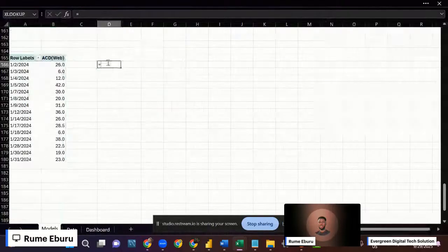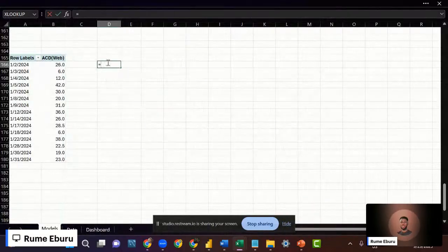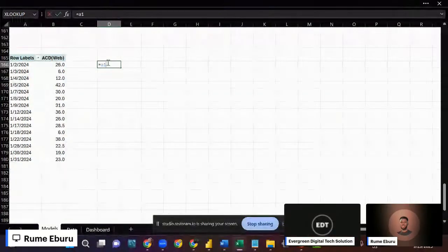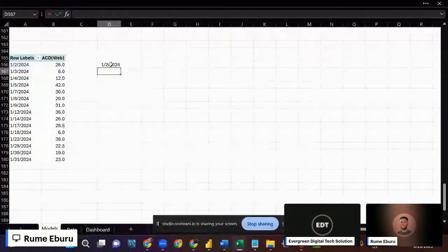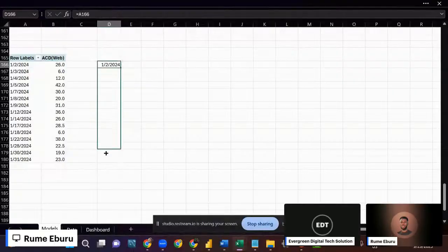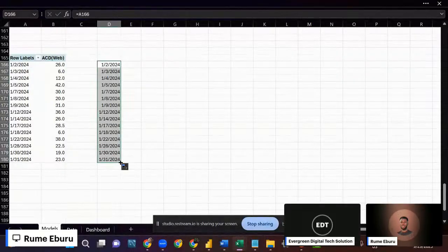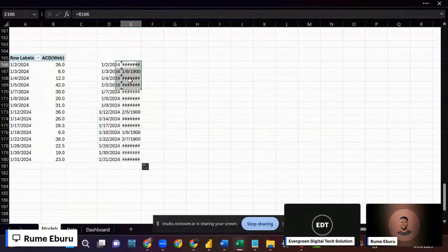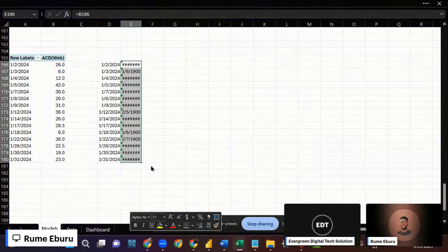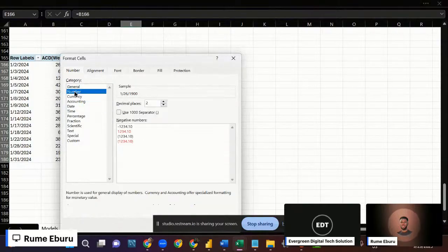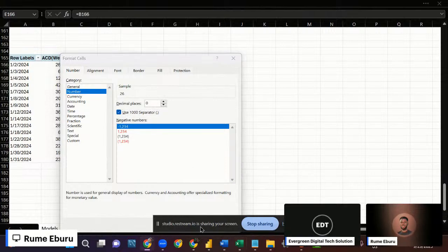Okay, so just click here, equals to, this is if, oh sorry, not if yet, so A1166. So I just stretch it down like this, then also stretch it this way, highlight all of this, right click on it, format cells, number, 0 decimal place, and check this box,